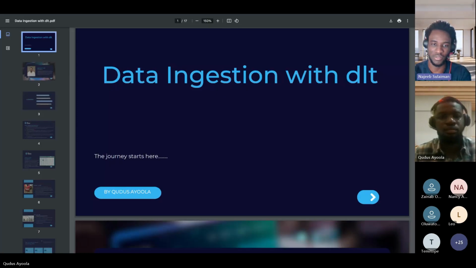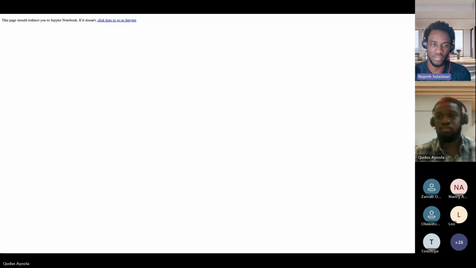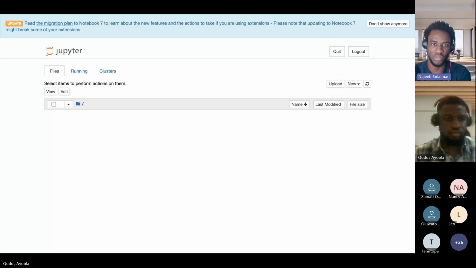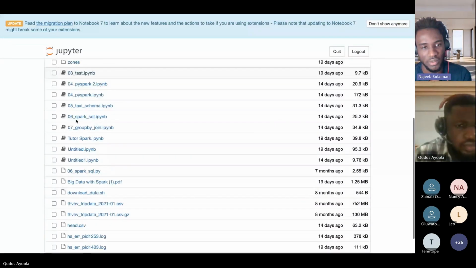We'll be getting to the world of data ingestion with DLT. He will demonstrate how we can leverage this powerful tool, an open source Python library, to design and simplify our data ingestion. Data ingestion is one of the most critical aspects of a data pipeline, which is also called data engineering. So it's a sensitive area that we really need to pay attention to and see how much we can optimize and upscale ourselves in this aspect of our data engineering tech stack.